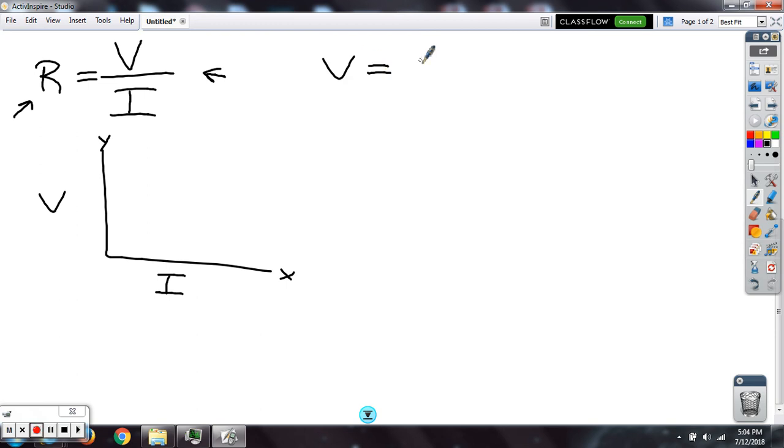So I'm going to get V equals I times R. That's often the way it's shown, but you could have easily rewritten it as R times I. And either way, if we were to graph V on the y-axis and I on the x-axis, then R must be the slope,